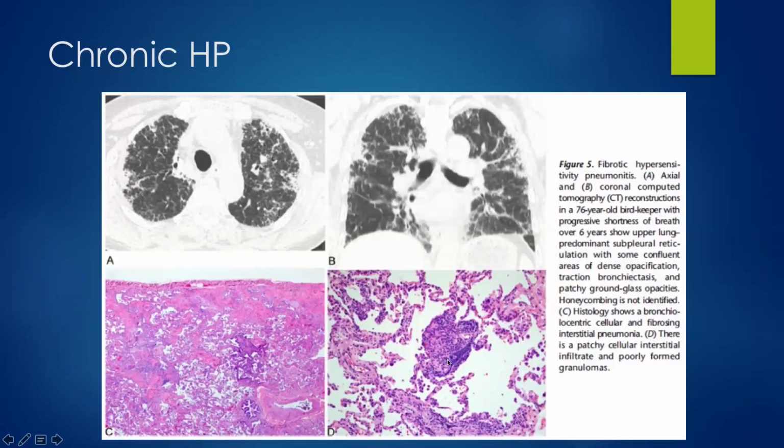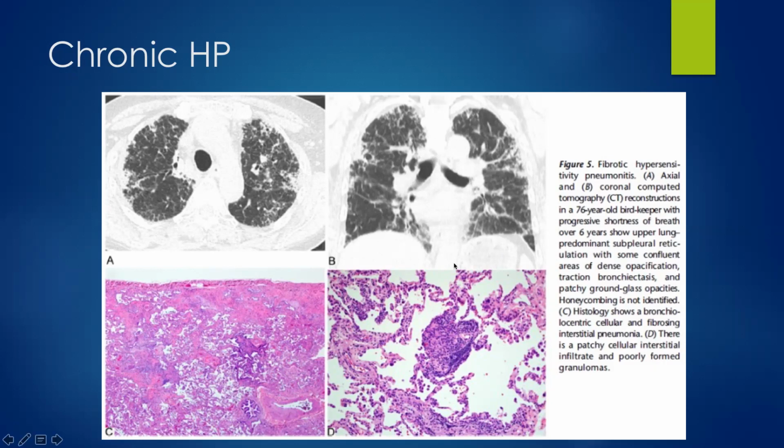It kind of makes sense if you think about it, right? Because we're saying that this is an allergic reaction to stuff that people inhale. So why would it make sense that we're finding more of the fibrosis and parenchymal changes in the upper parts of the lung? Because you're breathing it in. More of it goes to the upper part of the lung rather than the lower part. It's inhaled, right? So it fits.